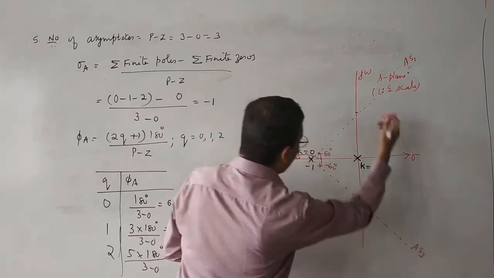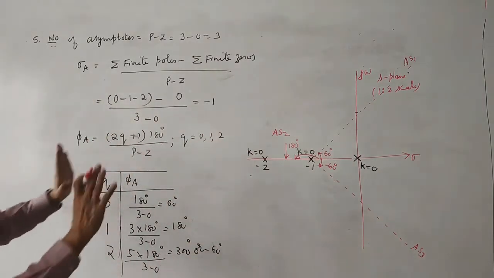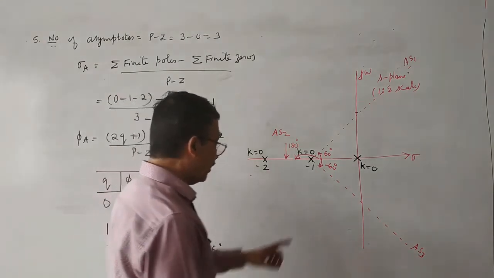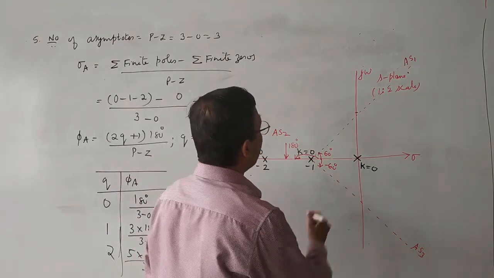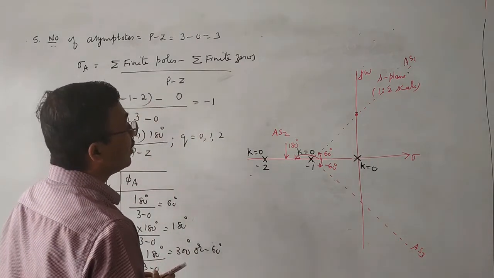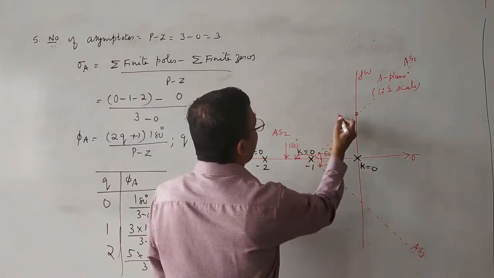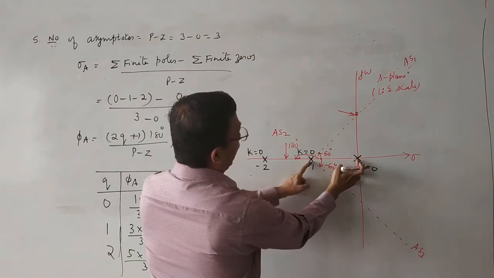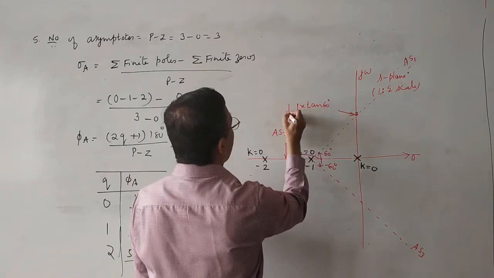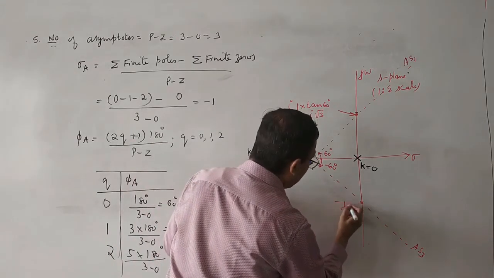So, the point where all the 3 asymptotes meet is called the centroid. The angles are taken from here. There are 3 asymptotes. All the 3 asymptotes start at minus 1 and make respective angles 60 degrees, 180 degrees and minus 60 degrees. Where this asymptote intersects, very important. How to find it? What is tan theta? Opposite side to adjacent side. What is this adjacent side? 1. So it is 1 into tan 60, j times 1 into tan 60. Tan 60 means root 3. j root 3. Where will this intersect? At minus j root 3.